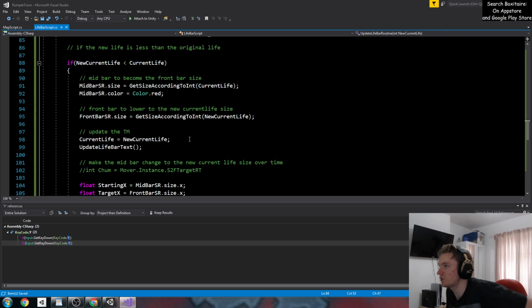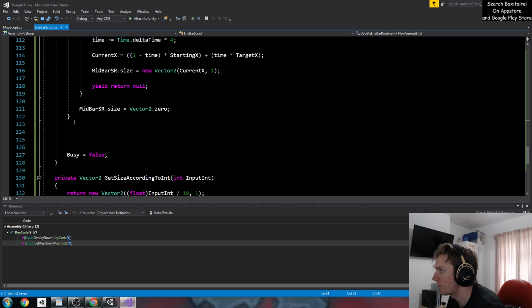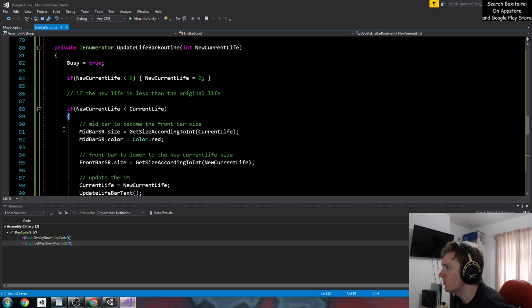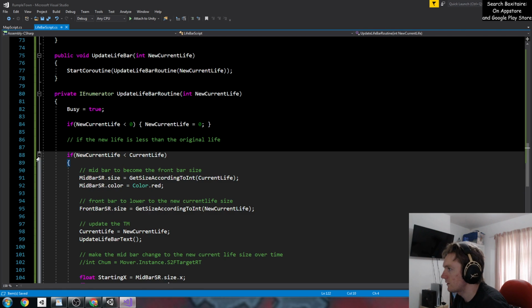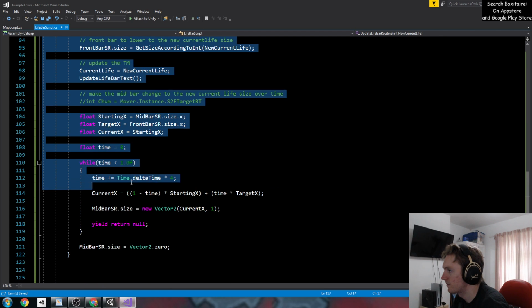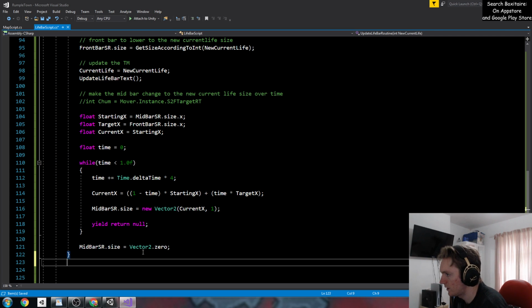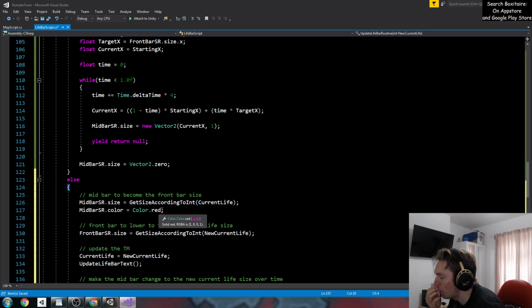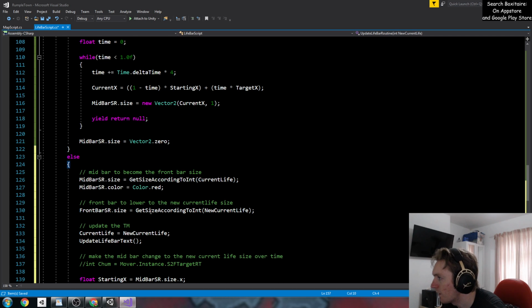I kind of want to just grasp the concept of gaining life. So what we need to do, I'm just going to copy this, not all of it. I'll copy some bits. Control C, else, Control V. Okay, so what we actually want to do is change the role of the mid bar. Yeah, we just want to change a few little things. So the mid bar,